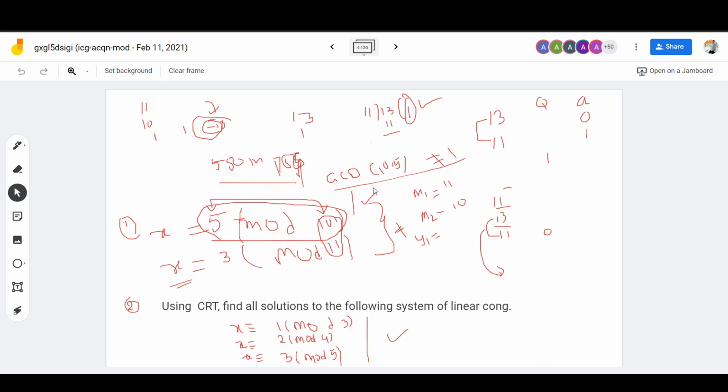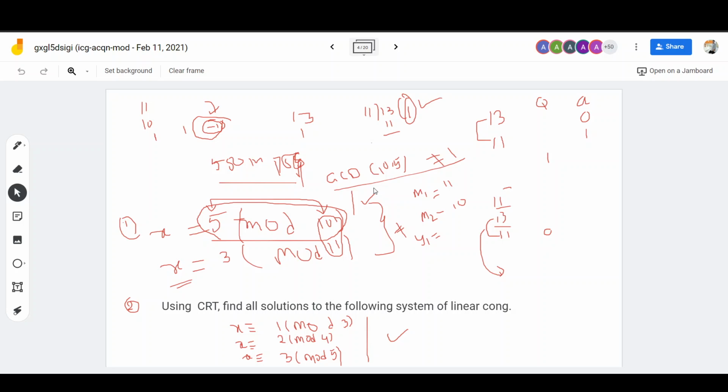So the RSA algorithm, like every public key cryptography, mainly consists of three major algorithms. So now I'm moving towards public key cryptography. In public key cryptography, we have three algorithms. The first one is going to be the key generation algorithm. The second one is going to be the encryption algorithm. And the third one is going to be the decryption algorithm. Very simple to remember also.